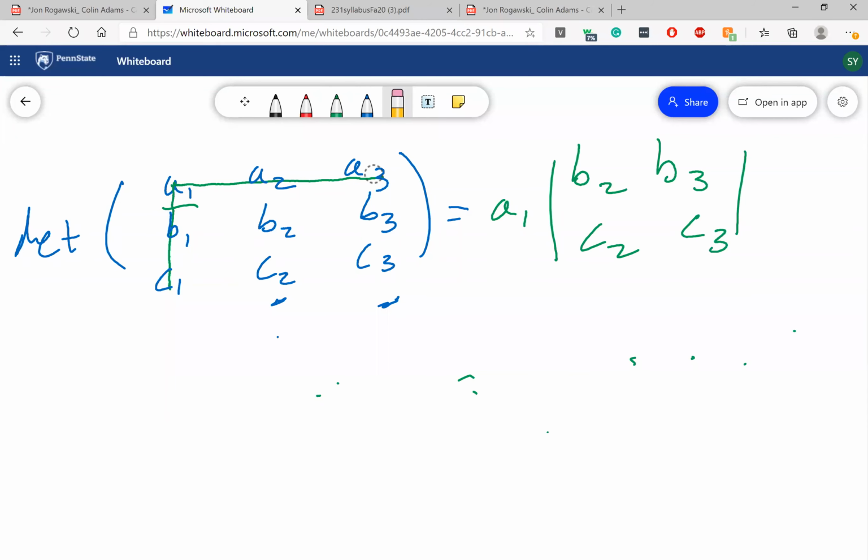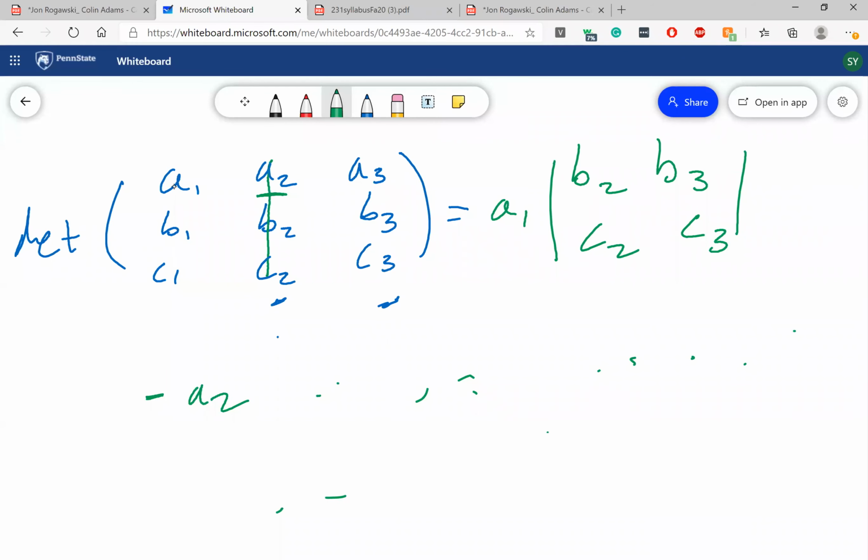Okay, and then let's rewrite this. So this is A1, A2, A3, and this over here is B1 and C1. So then we're going to subtract, so they alternate. We're going to do plus A1 times this matrix minus, and then we go to A2 over here,